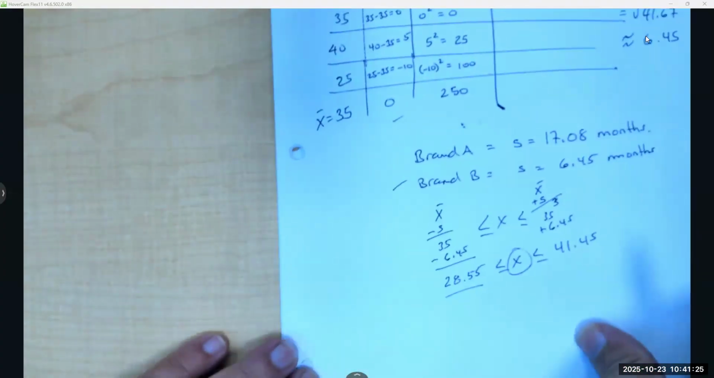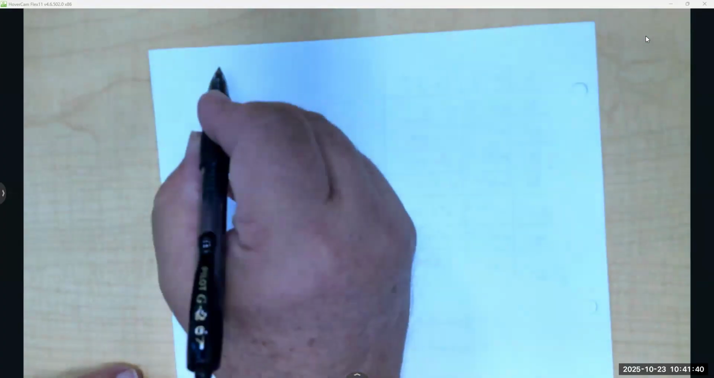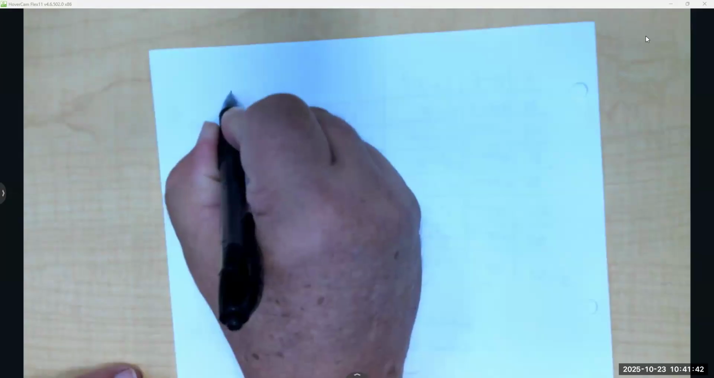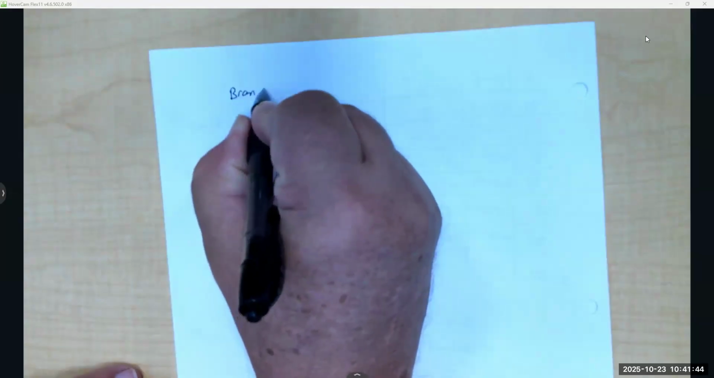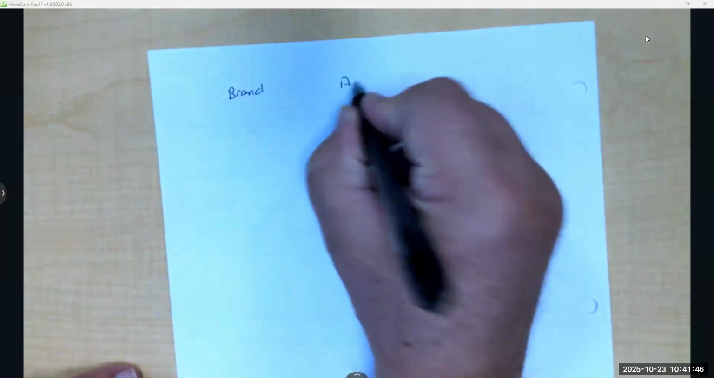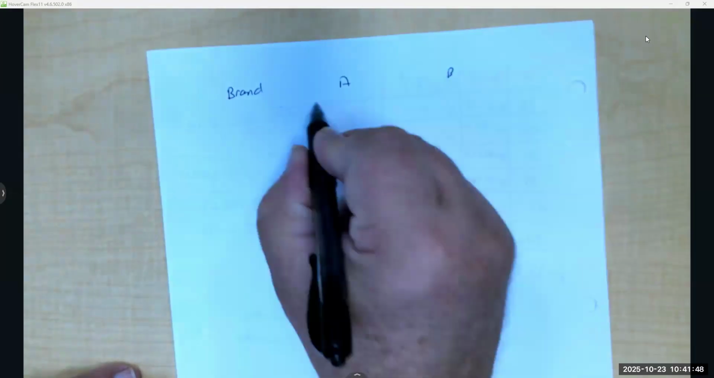Okay, let's look at another example, because this one we looked at had the same mean. How about we still stay with the brands of paint, brand A and brand B. Now that you guys know how to do this,